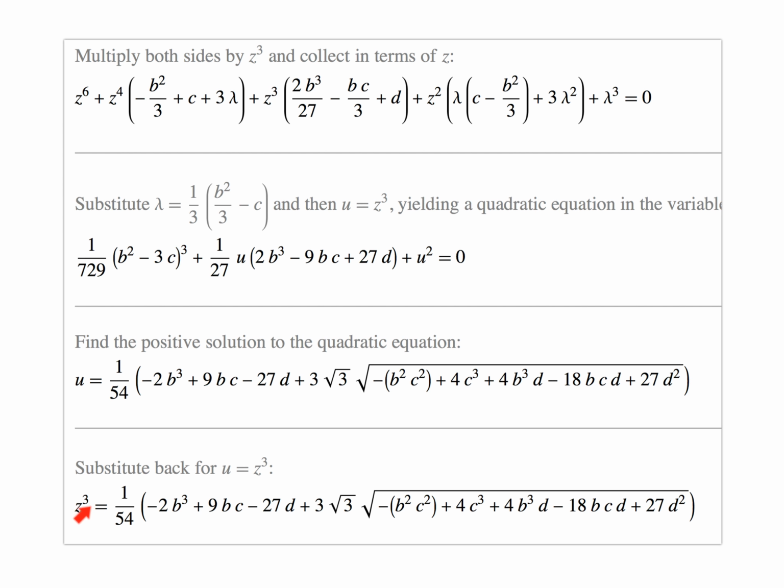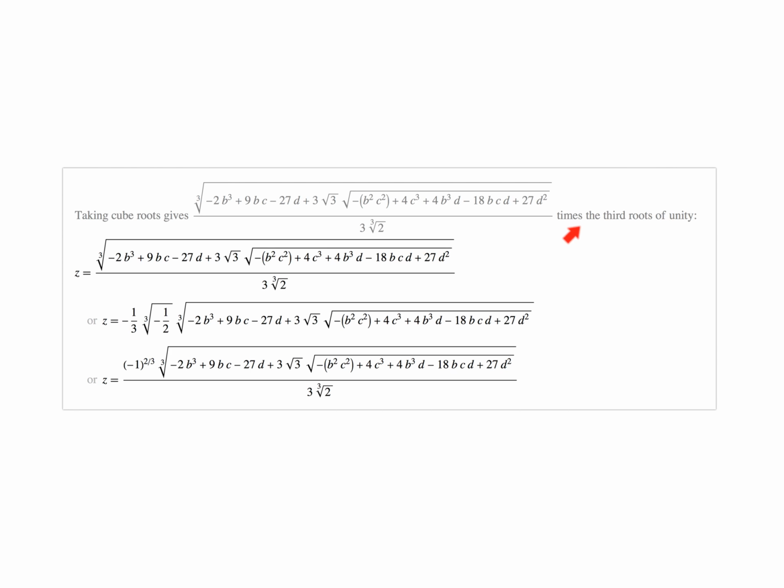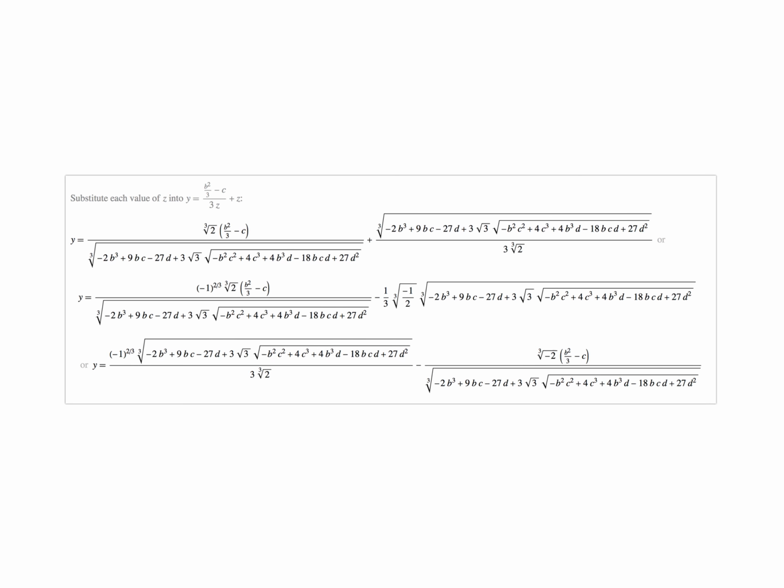So if you substitute back z cubed, the cube root of this thing blows up to 3 equations, which are these. It is a pretty big one, but this is just simply taking the cube root and doing a few steps of simplification. But if we keep going, we get y equals b squared on 3 minus c, whole thing over 3z, plus z. If we substitute this back into z and then muck around with it a little bit, we get y equals